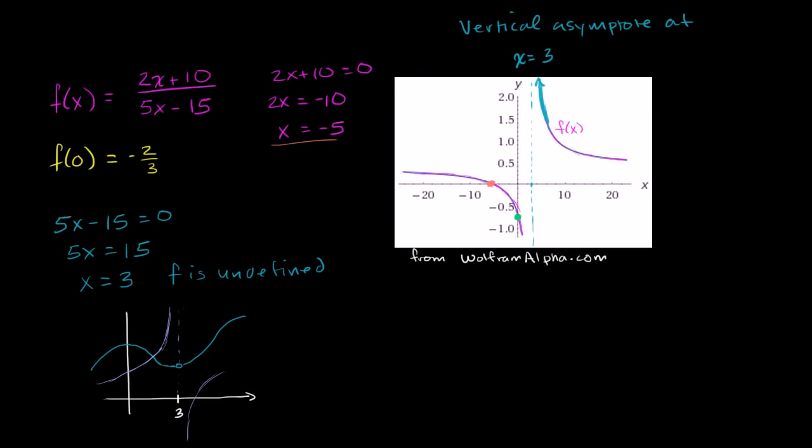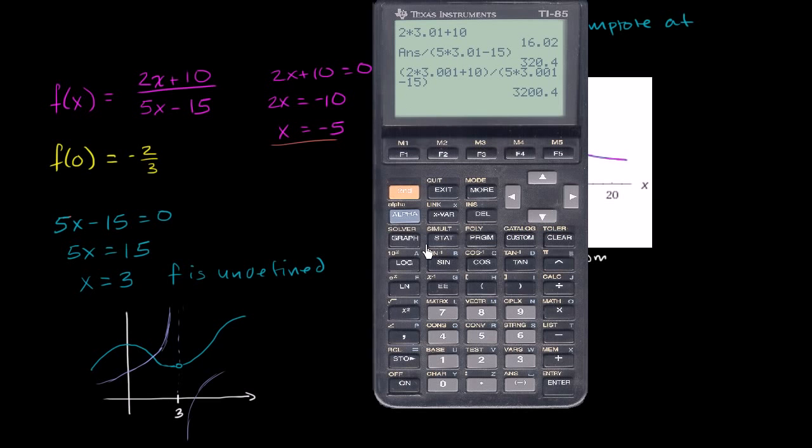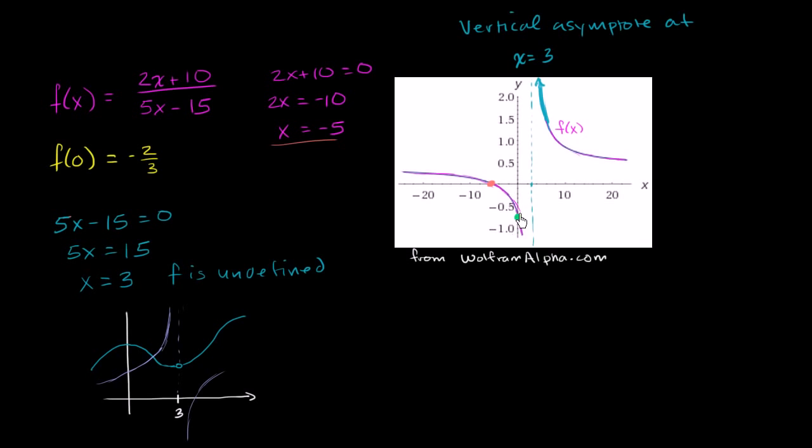And then you could have tried values below. So you could have said, actually, let me just put the last entry here. And let me just change the 3.001s to 2.999. 2.999. And whoops, let me go over here. We have 2.999. And we get, notice we're going really negative now. We're approaching negative infinity. So if you just tried that out, that would give you a pretty good indication that the graph is looking something like that right over here, which also seems to match connecting these 2 points that